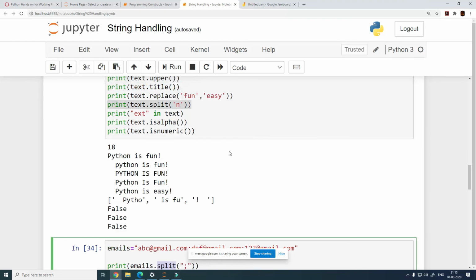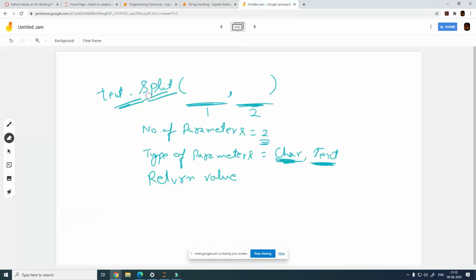What we are doing here is a replace example basically. So let me just change this. This is a replace example.